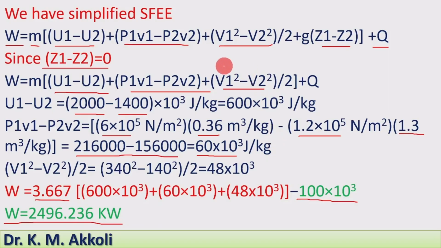This is how the simplified equation we can use to find the power output. Directly the equation we can use, and later we can simplify also, as we know the steady flow energy equation. It is better to use the simplified equation for all these calculations, or initially if we have any confusion, we can take the steady flow energy equation and simplify it to this form. That can be done. This is about this numerical, and further I am going to solve different numericals in